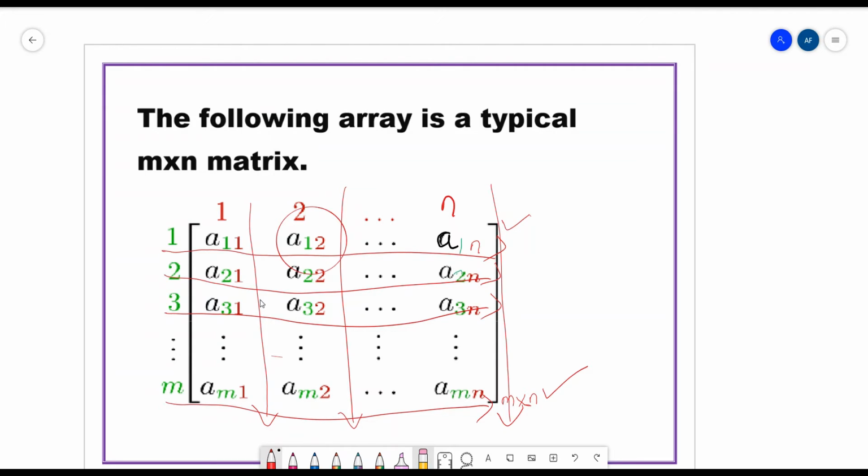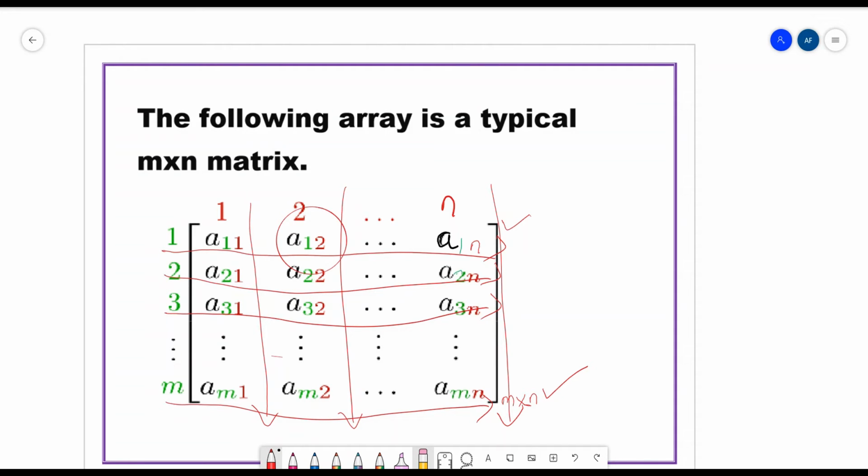So it is in the first row, this is the first row, and it is in the second column, this is the second column. So it is A12. Usually we don't write this particular address in solving all those problems, only the elements. To help you understand better, I have taken this general form.